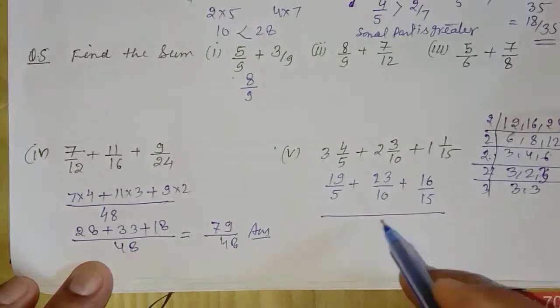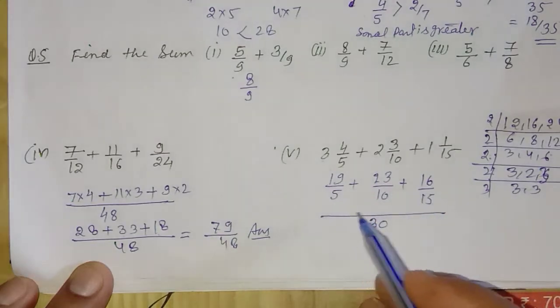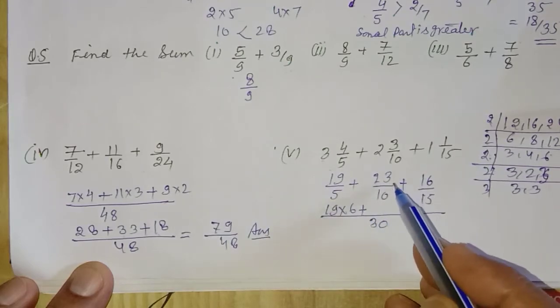Now students, LCM is 30. So 30 is divisible by all the numbers 5, 10 and 15. So students, 19 into 6 plus